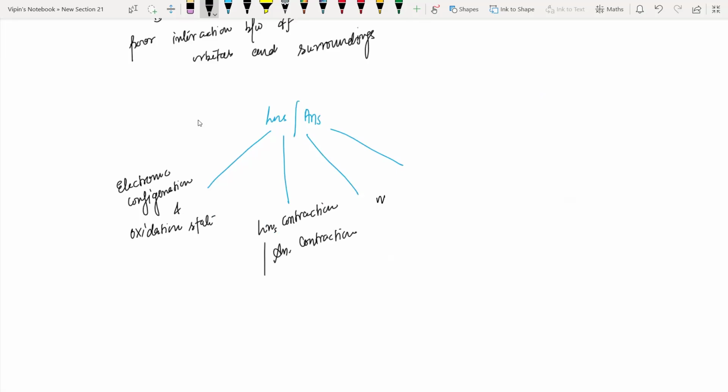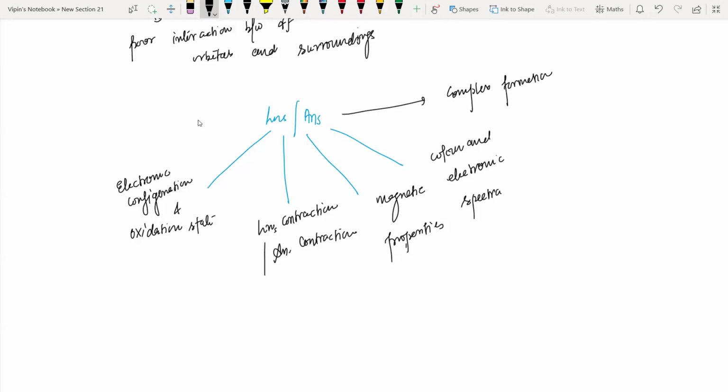Next is the magnetic property in case of both lanthanides and actinides. Another thing is color and electronic spectra, the most important part. Questions have been asked from these topics, and we will discuss the PYQs. Another important thing in case of lanthanides is the complex formation tendency, and also the separation of